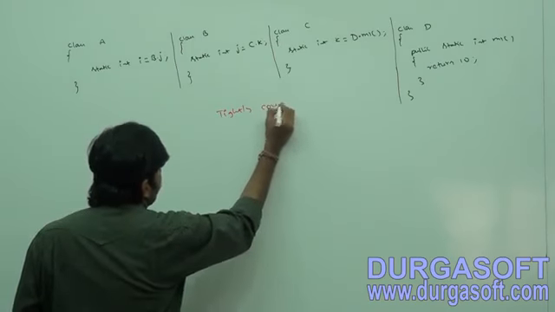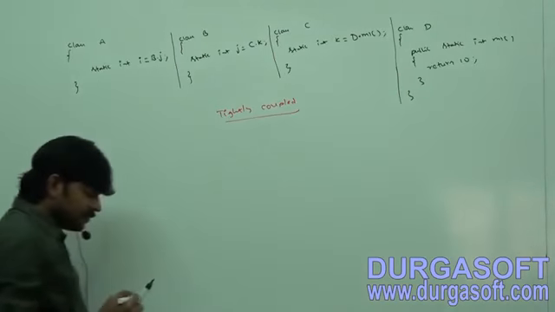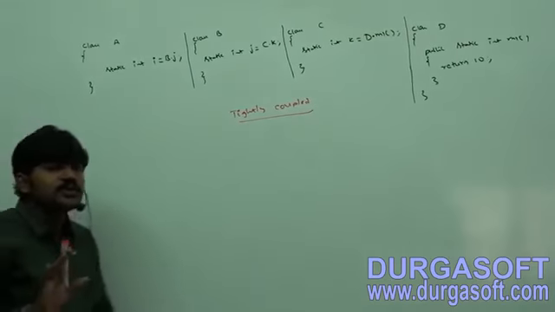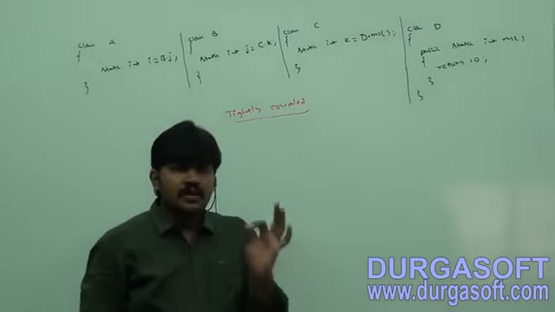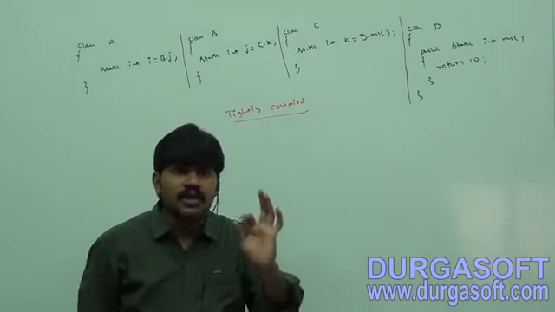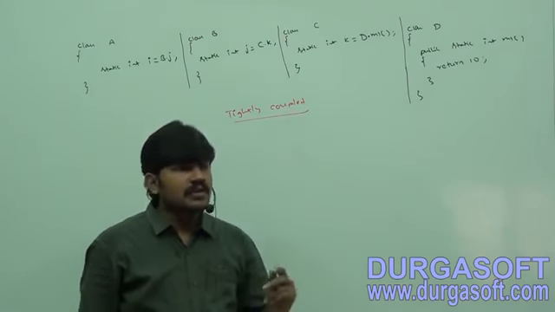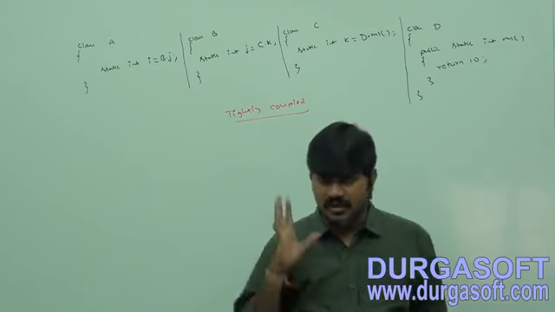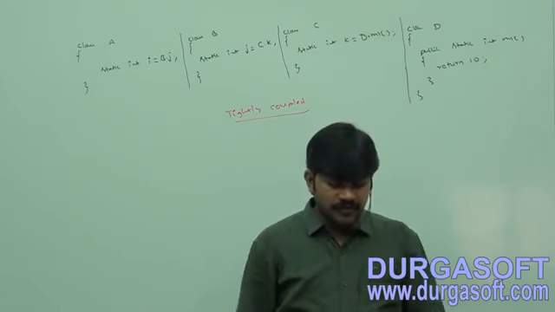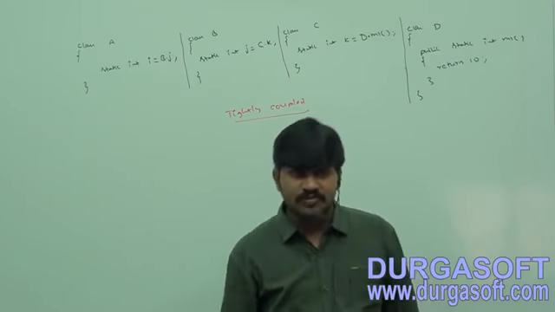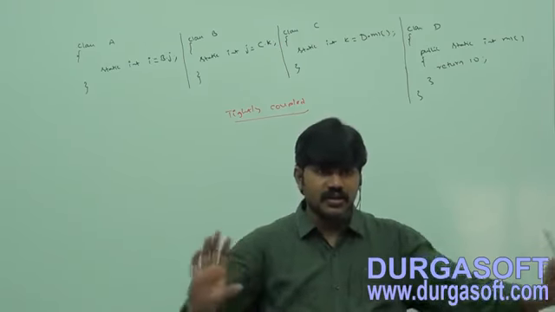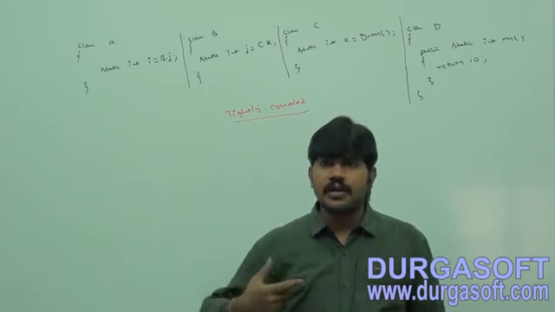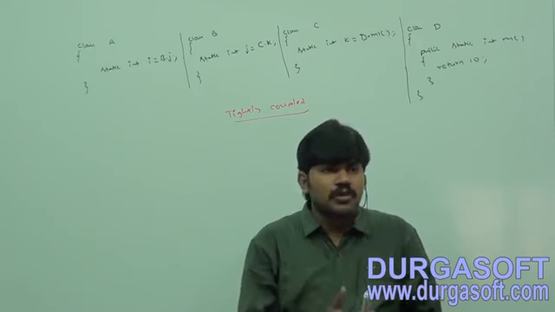Now my question is, tightly coupling or loosely coupling, which is a good programming practice? Tightly coupling is the worst programming practice. What is the reason? Because it has n number of problems. Sir, if dependency is there, always it's a problem. Correct or not? In any work, if the dependency is there, then it's always a problem. If we are independent, then automatically there should not be a problem, right?